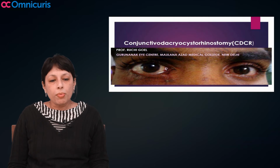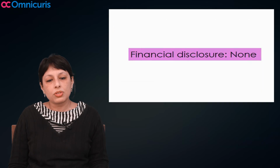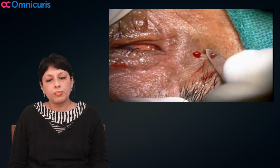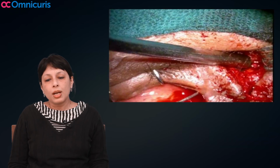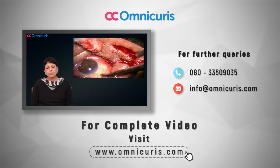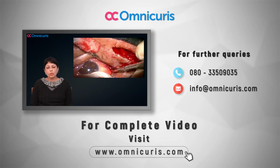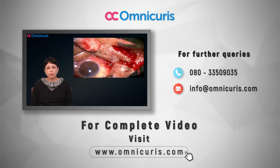Now, the problem with conjunctival DCR is that it is very difficult to first procure the tubes which are used for insertion, and the second is the tube extrusion, which is really a cumbersome problem. Now, this is a conjunctival DCR which is performed by an external route. You can see an opening is created directly through the conjunctiva into the nose, and this is a Jones tube which is inserted from the conjunctiva into the nose, and it